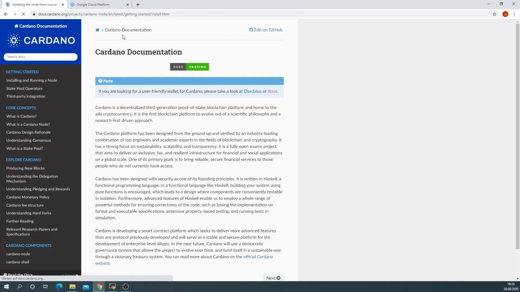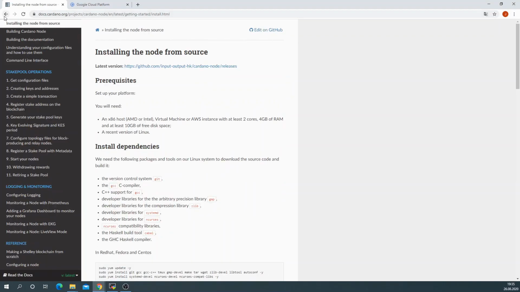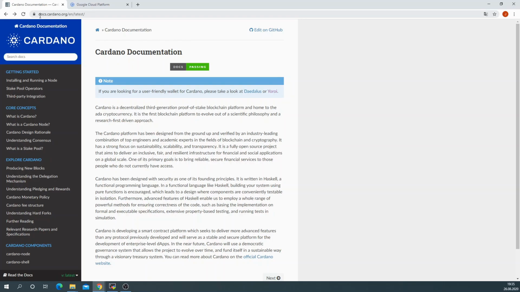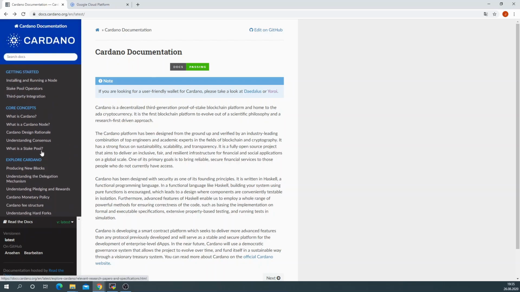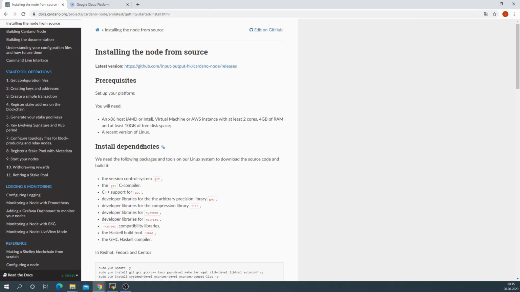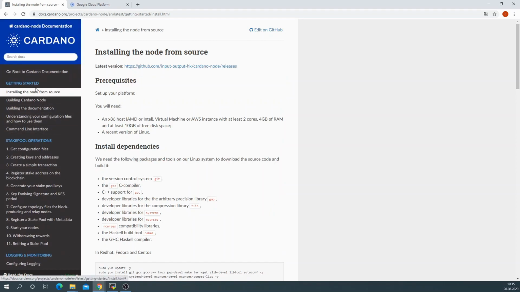So you can access the installation material at docs.cardano.org. Make sure you use the latest version. Here you click install and running a node, and here we are going to